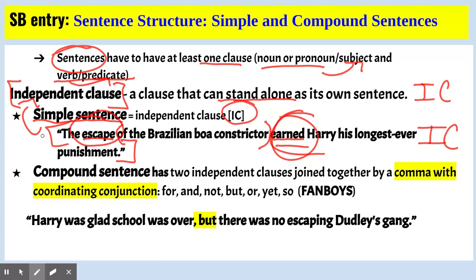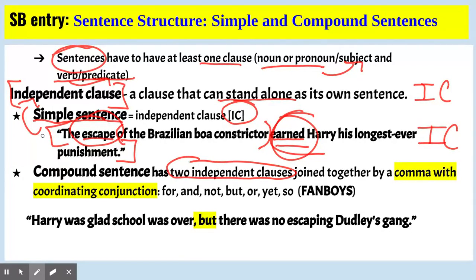Now, the next thing we're going to get into are compound sentences. And compound sentences is where we start adding things up and mushing things together. A compound sentence, just like when you have a compound subject, which means you have two subjects in one sentence. A compound verb means you have two verbs and one predicate. A compound sentence means I have two sentences in one sentence, which means that I will have two independent clauses